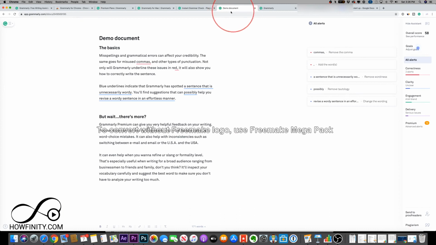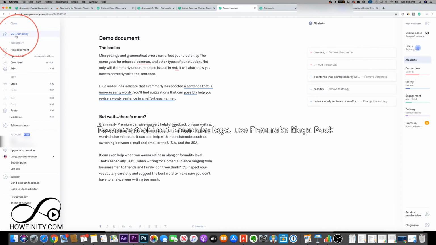And let me jump back to the demo doc where we first started doing everything. And usually when you're using this one, that's where you basically press the Grammarly icon and make a new document that will bring you to this page where you could paste text. There's options on the left side of it here too, where you could jump back to the home. I showed you that a little bit ago. You could create a new document, upload, download, print documents, and all the other options that are on the left